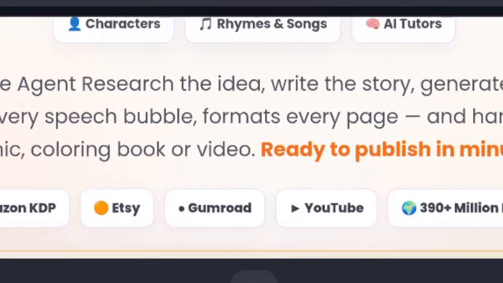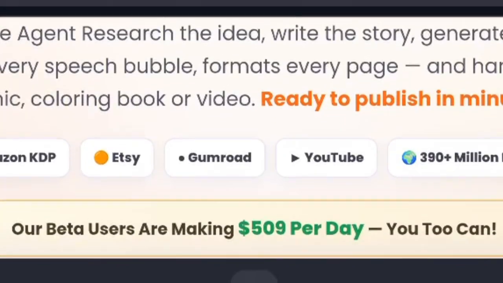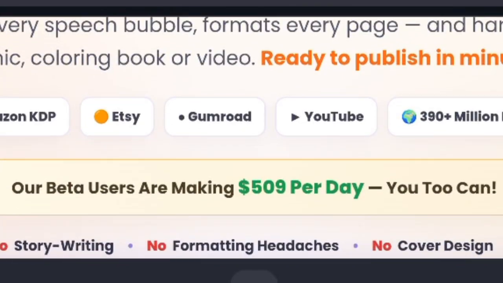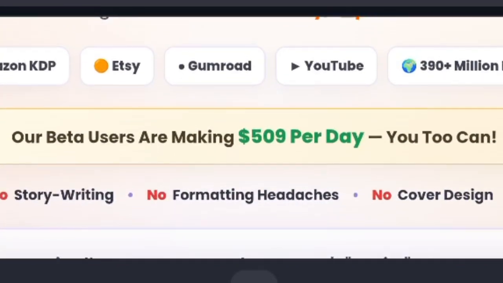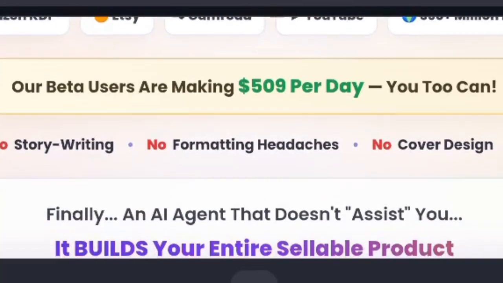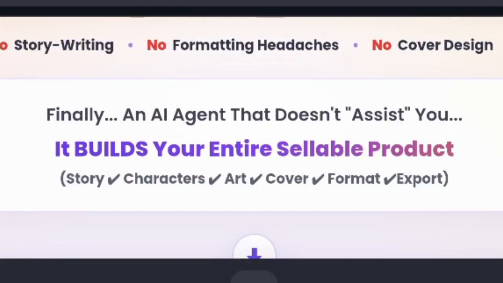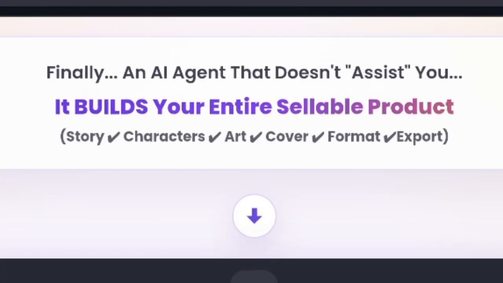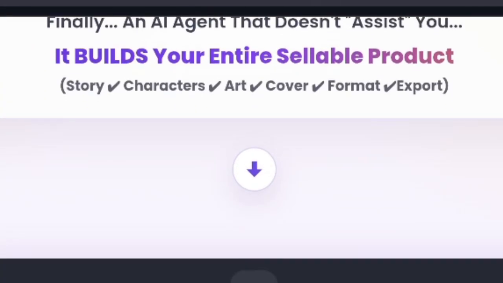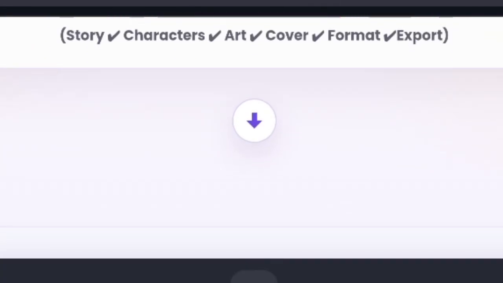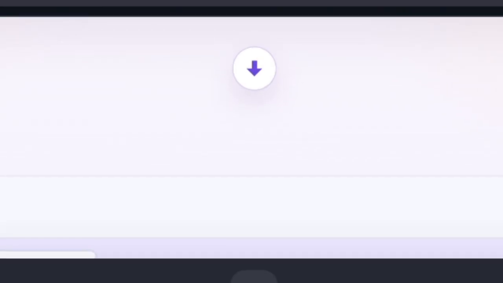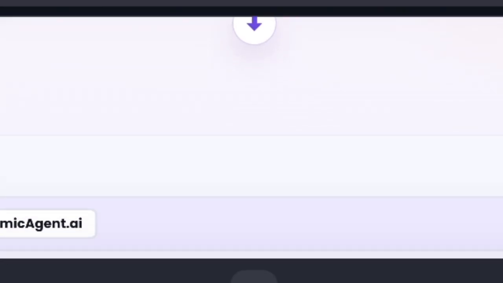ComicAgent AI claims that you can simply enter an idea, and its AI agent can research the concept, write the story, generate characters and artwork, arrange the comic panels, add speech bubbles, format the pages and prepare the finished product for publishing. But the big question is, does ComicAgent AI actually make content creation easier, or is this just another